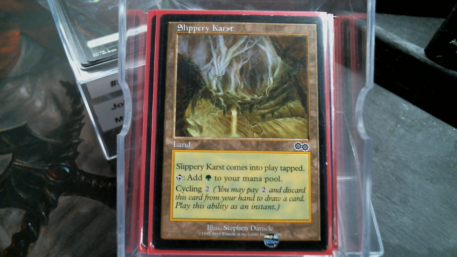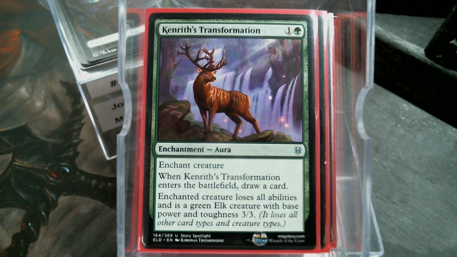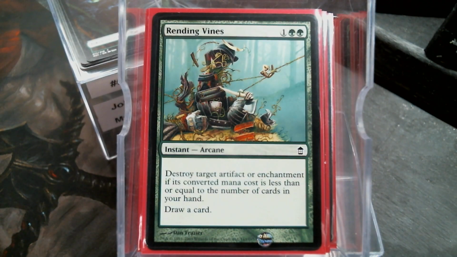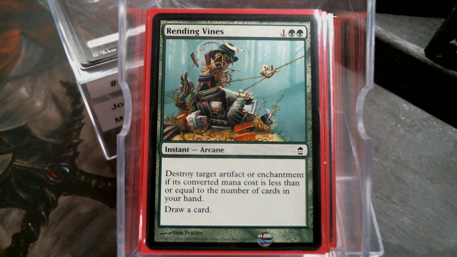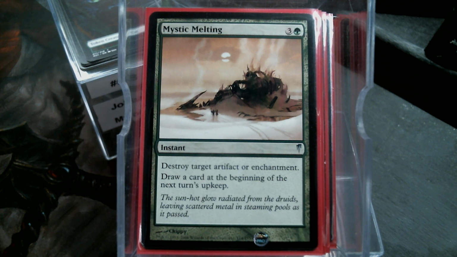Now, my removal suite here is a little sketchy, I'm not going to lie. Kenrith's Transformation. Notice a common theme here. Draw a card. Rending Vines. Draw a card. And here, it actually works with the cards in your hand, so the drawback isn't that much of a drawback. Mystic Melting. It's a Naturalize we're paying double for because you get to draw a card at the beginning of the next turn's upkeep, which starts that turn,